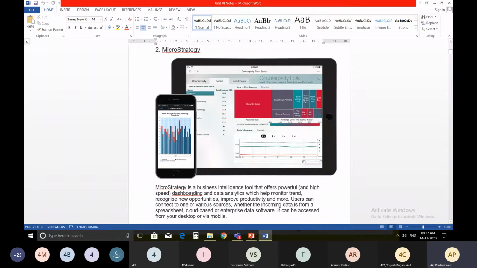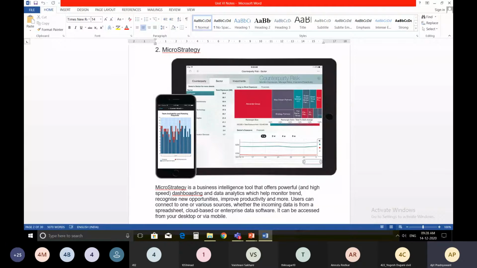MicroStrategy is a business intelligence tool that offers powerful and high speed dashboarding and data analytics, which help monitor trends, recognize new opportunities, improve productivity and many more. In this, the user can connect to one or various sources, whether the incoming data is from a spreadsheet, cloud-based or enterprise data software. It can be accessed from your desktop as well as on your mobile phone.